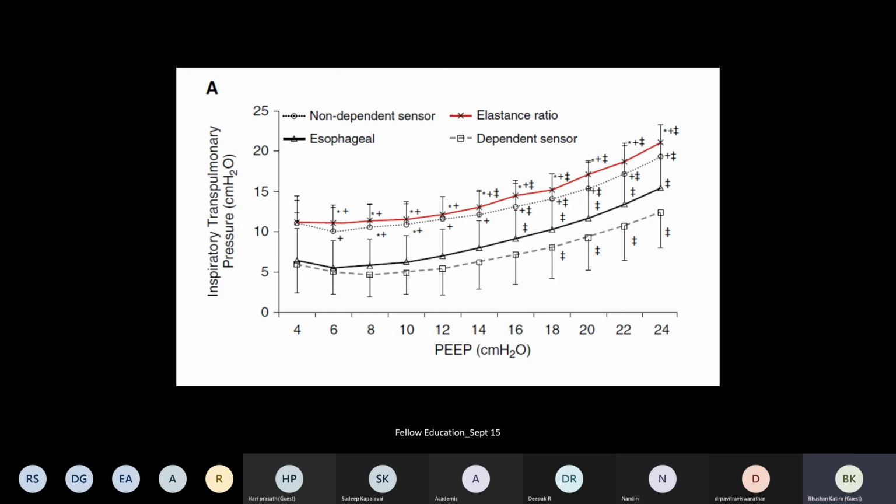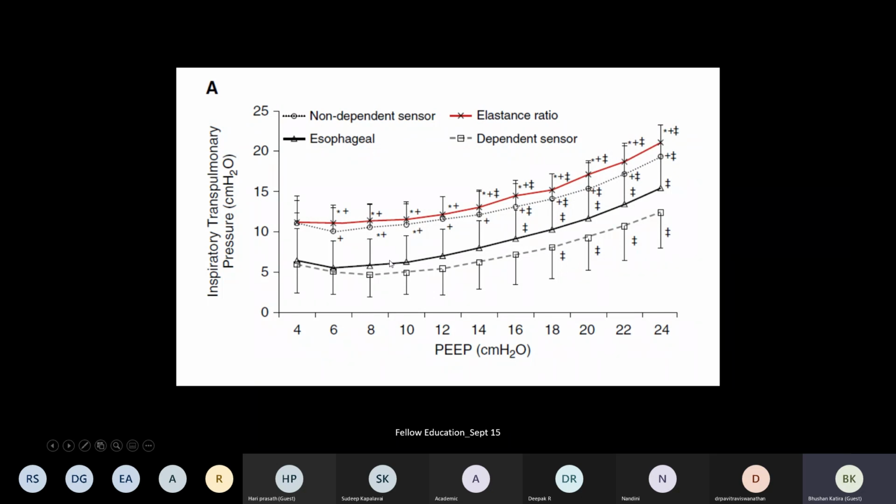How do they tie in? And I'm sorry I didn't put it in here, but this is Takeshi Yoshida again, a phenomenal paper in 2018 in the Blue Journal, where in lung-injured pigs he showed that when you have a dependent and a non-dependent sensor, so there were sensors measuring the pleural pressure directly, and when you use them for transpulmonary pressure measurement at the end of inspiration,